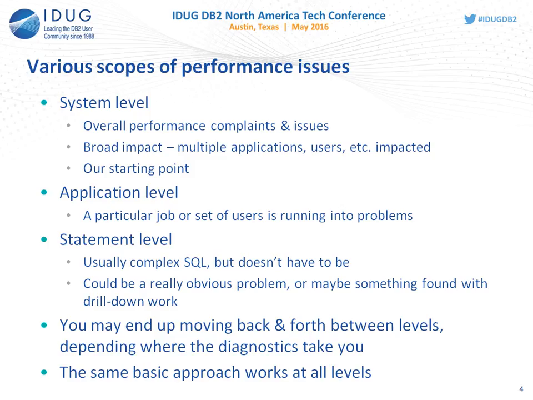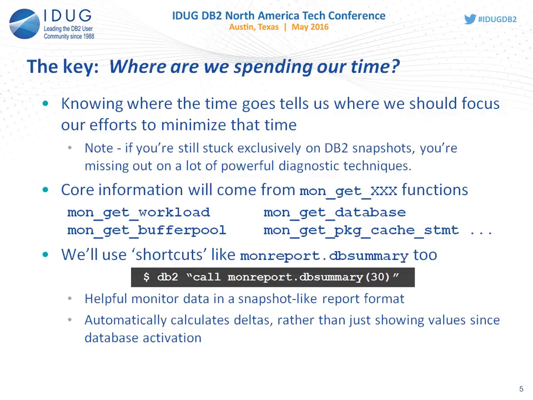We're going to use metrics like the mon get functions, and I mentioned here about snapshots. I know a lot of people still like snapshots. They're handy things, but we've got to get on to the newer metrics. We'll talk about some good alternatives to that to get the kind of data that we need to be effective in solving performance problems. So we're going to use things like mon get workload, mon get buffer pool,